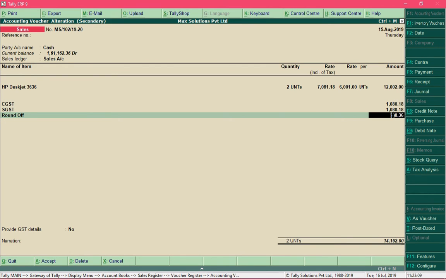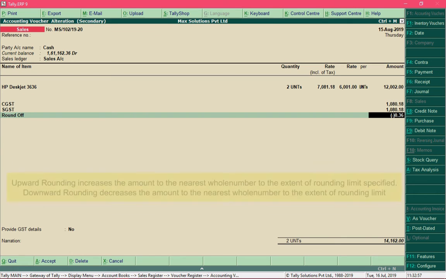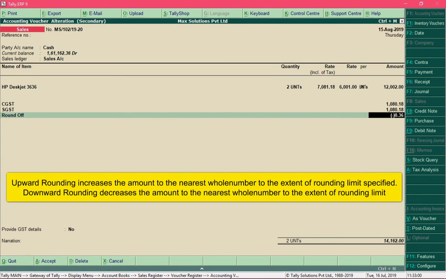So notice that the invoice amount is now changed into a whole number. What normal rounding does is that it will check for the decimal value in the invoice amount, and if the decimal value is more than 50 paise, then it would round off the amount in upwards direction, and if the decimal value is lower than 50 paise, then it would round off the amount in downwards direction. And if I had specified the rounding method as upward rounding, then no matter what the decimal value is, my invoice amount would always be rounded in upward direction. So in that case my invoice amount would be